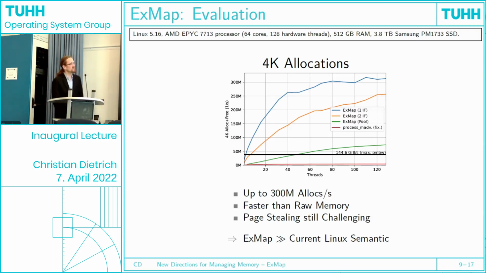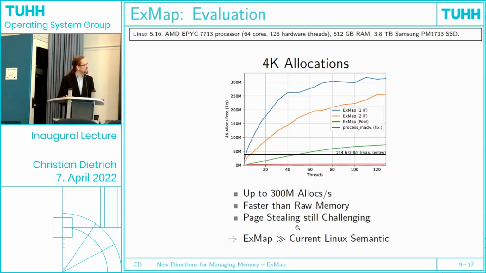However, you are not able to read that in that time. So really, when you don't have stealing, when your application is aware of these interfaces, you really don't have a problem with memory management anymore. So we are faster than raw memory, and we are even faster than raw memory when the application is structured so that it really works against our idea of having multiple interfaces. So even in the worst case, with around 50 threads, we saturate the memory.